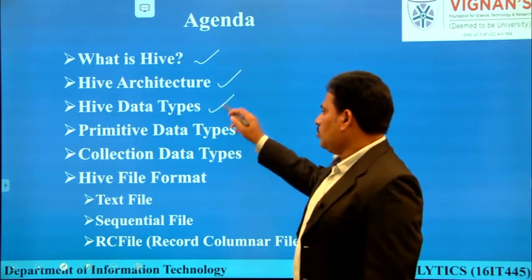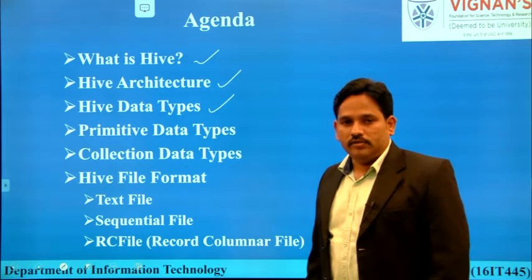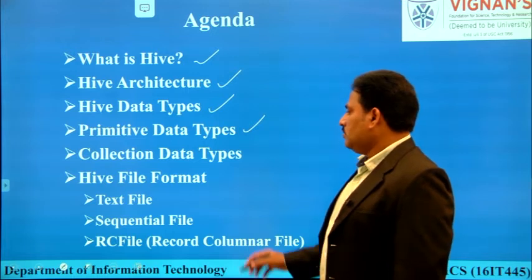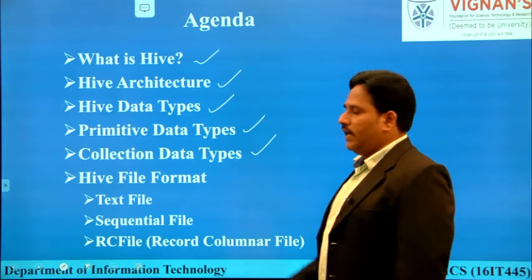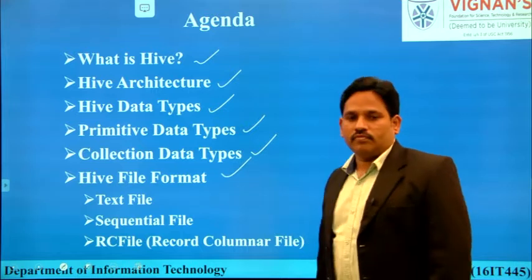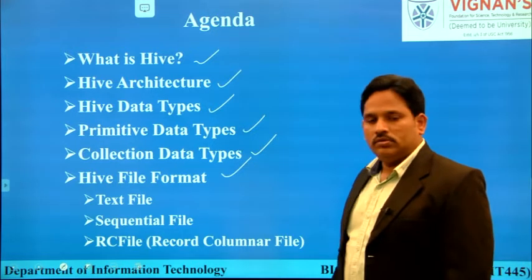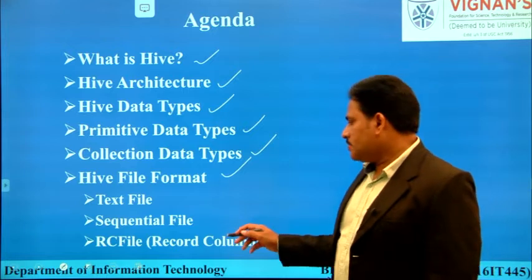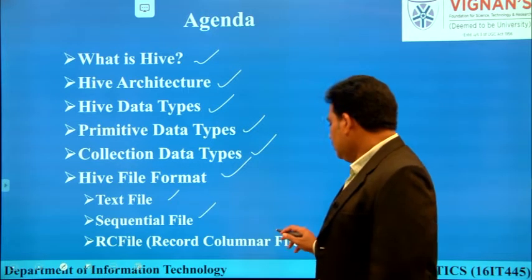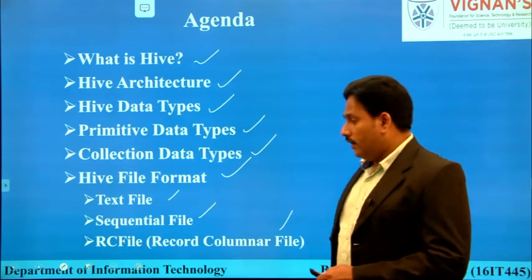We will discuss the different types of data types that Hive offers, the basic primitive data types and the collection data types, and the different types of file formats in which Hive can store data elements, like text file, sequence file, and record columnar file.